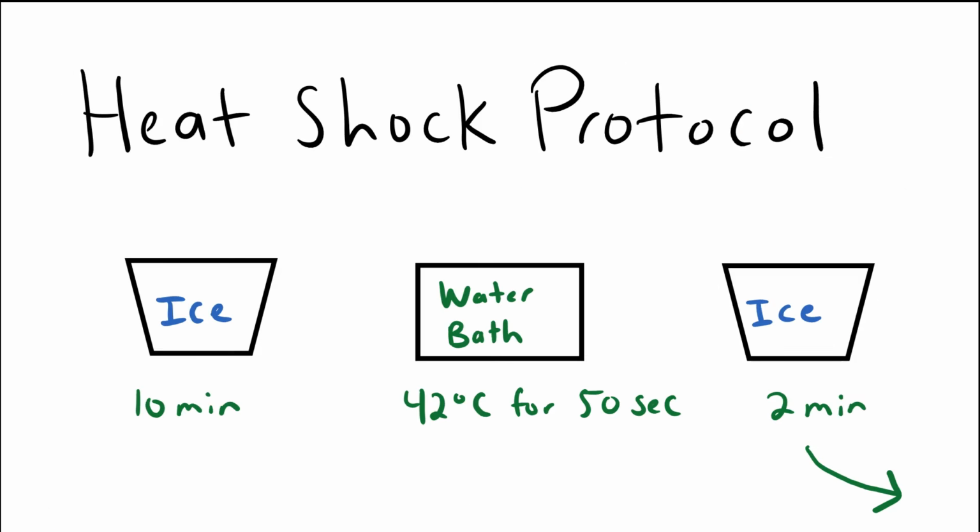Next, we're going to take those bacteria, half of which have been exposed to plasmid, the other tube is not exposed to plasmid, and we're going to put them both through a heat shock protocol. So a heat shock protocol is a form of transformation. To really shock the bacteria, you go from ice to heat for a brief time, and then you put them back on ice. And it's really important to stick to this timeline of 50 seconds in the 42 degrees Celsius water bath, and that is because the bacteria are being shocked. Many of the bacteria will die in this process, certainly more than you want if you extend the protocol past 50 seconds. Okay? The thing is, though, that many of those bacteria will also live, and